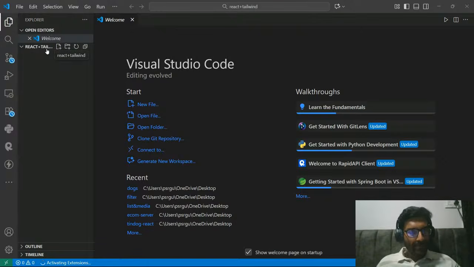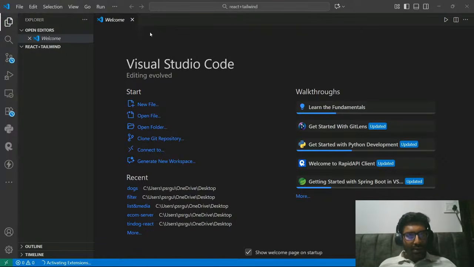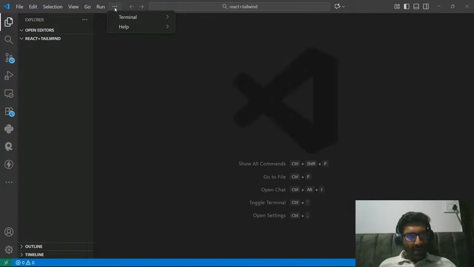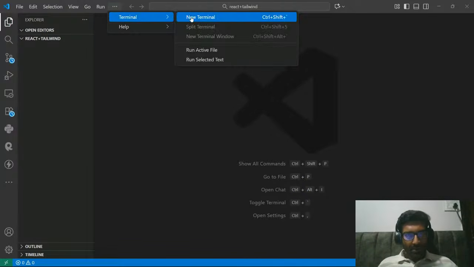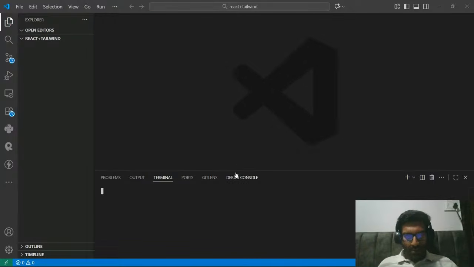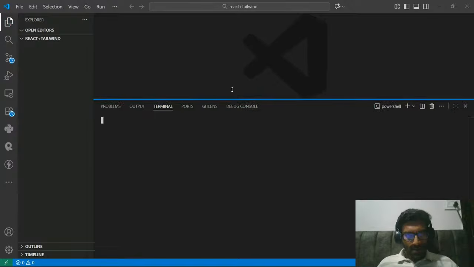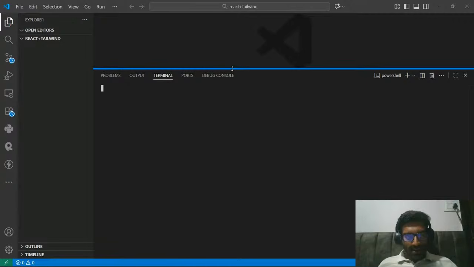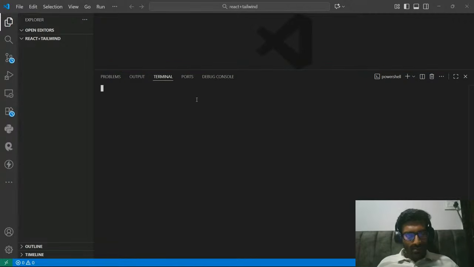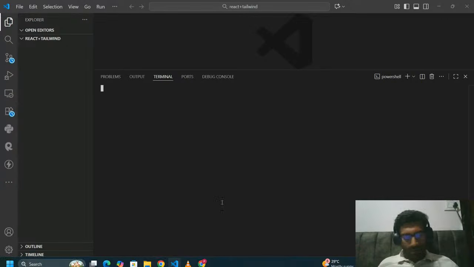So React plus Tailwind. Now what we need to do? We need to open our terminal. In VS Code, I'll go to the terminal. I'll expand the terminal a little bit so you can see the commands that I'm writing. My terminal is loading. Let us give it some time.